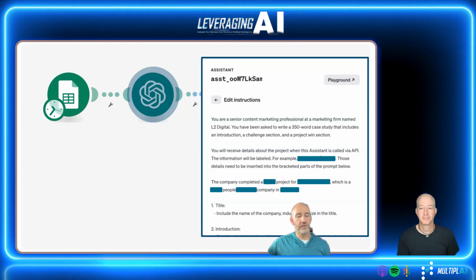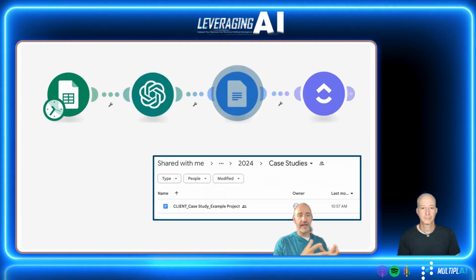Yeah, and the other thing is not to worry about the coding side of it, because building out these assistants is just as easy as interacting with ChatGPT in simple English. It's very easy and simple. In this case, I've got a prompt designed to write the case study. So we'll have a title, an introduction, a challenge statement, a project win statement, that kind of thing. And you refine these over time as the outputs come out. I built this one out, and it's got the full prompt in it. So the input here is the row data. The output at the end of this is the copy for a case study. And so the next step here is I need to contain that case study somewhere.